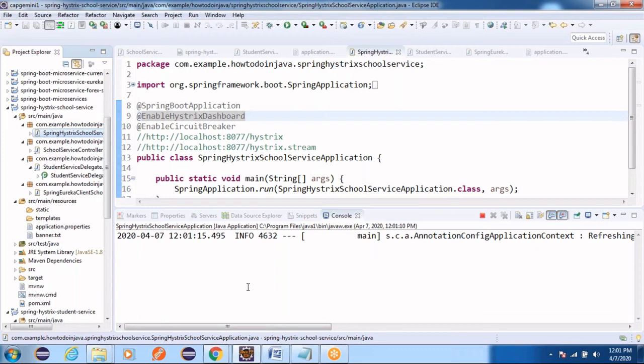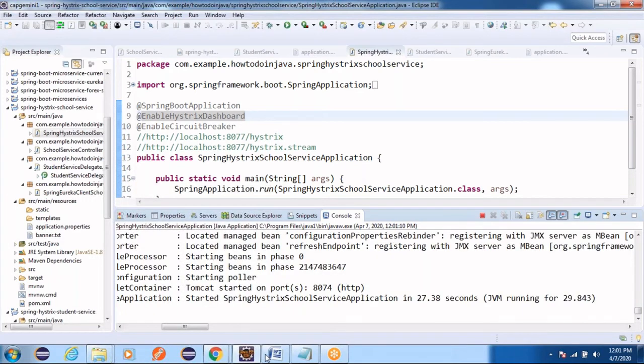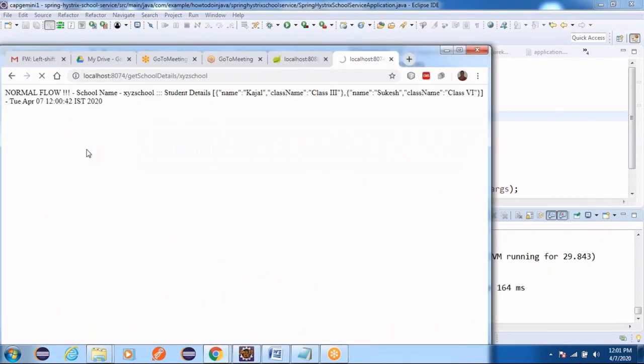Now the application is running once again. If you go here and refresh it, it will display the circuit breaker flow. Now the service is not available. This is what can be handled with a circuit breaker. This is one of the design patterns we are using with these two services. All of you can look into this example.